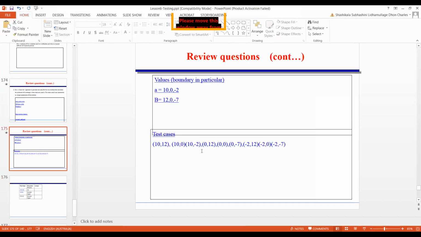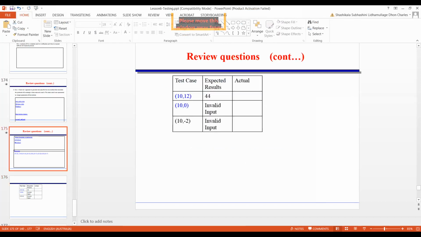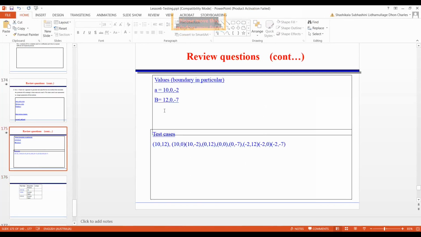Can I write down others? I'm not going to do one by one. You can write down the expected result for the others, okay? Then I'm giving you an activity. Today do it quickly, okay? We need to finish another chapter. Can you see my screen? Same screen still, okay.